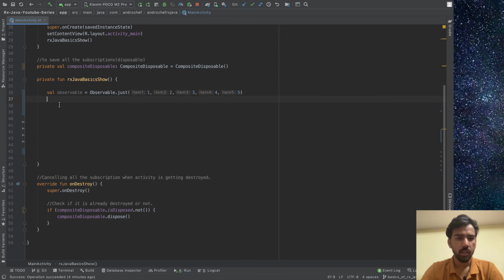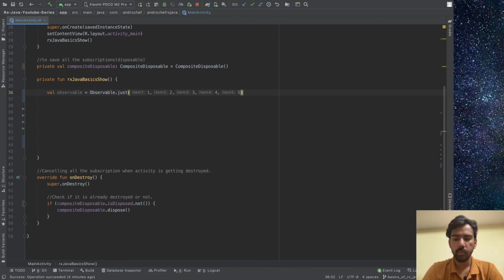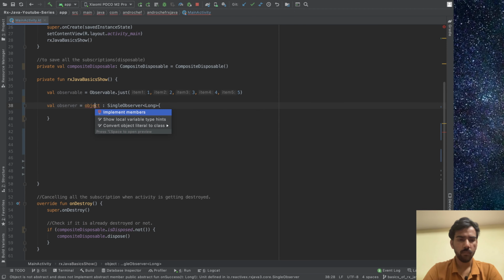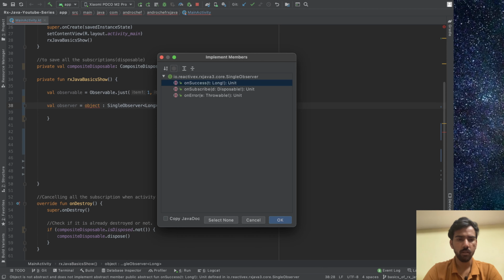Now this will return only one value, which will be the count, and it can be 0 or the number of items. So here the observer will be of type Single because we will be getting a single long value. So a SingleObserver, of type Long, and we'll implement its methods.